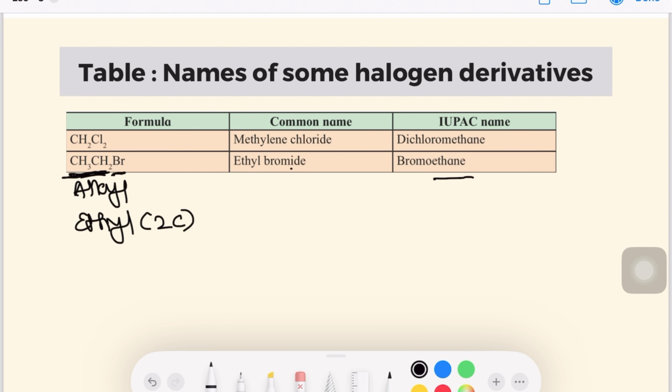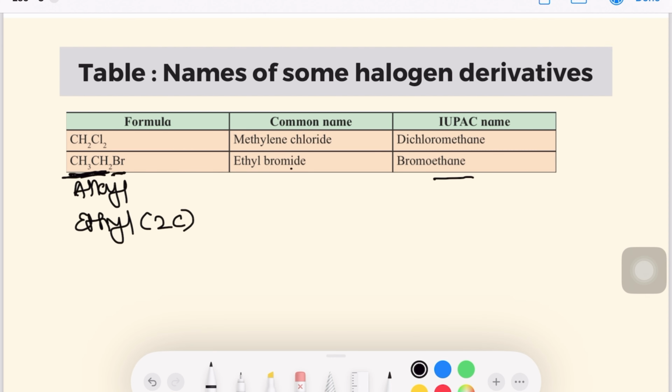So the name is ethyl bromide, and the IUPAC name is haloalkane. The halogen is bromo and the alkane is ethane, so the name of the compound is bromoethane. This is our alkyl halide, which is a saturated one. Saturated alkyl halides mean containing carbon-carbon single bonds and sp3 hybridized carbon atoms. The next example is